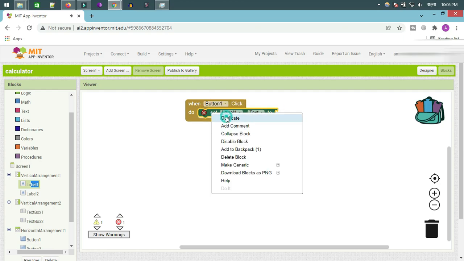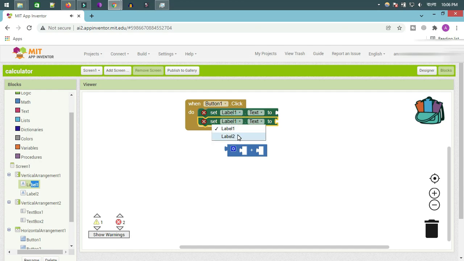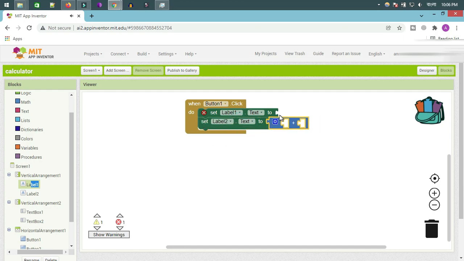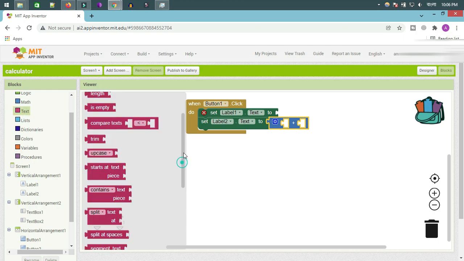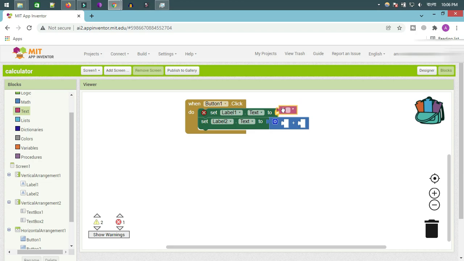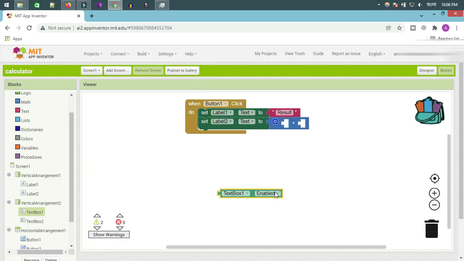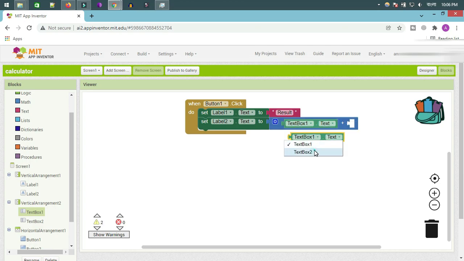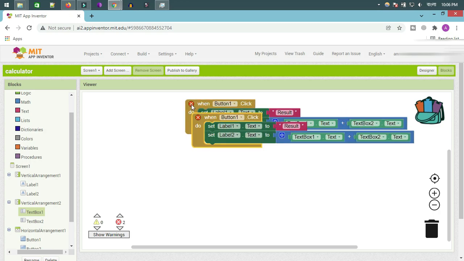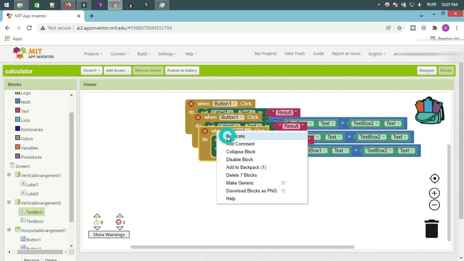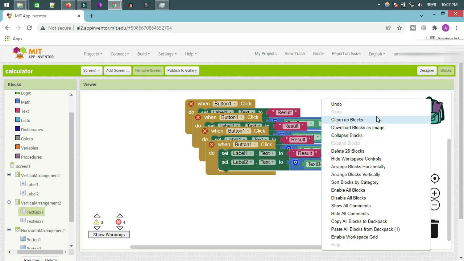Drag here, copy another here, label 2 text. Click on textbox 1, textbox 1, text, duplicate it, textbox 2, duplicate it for 10, size 10, clean up blocks,